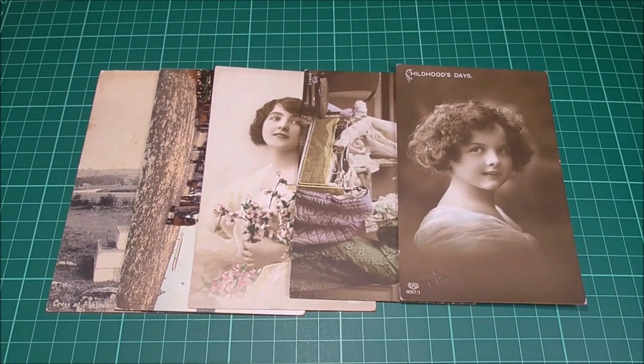5 postcards, all with different pictures on the front. One showing a monument, another an outdoor park, and the remainder are kind of portrait based. So just a random mix. Now what I want to do is turn each of them over one by one. We'll read the message on the back, and then we'll have a chat about their uniqueness and why these are